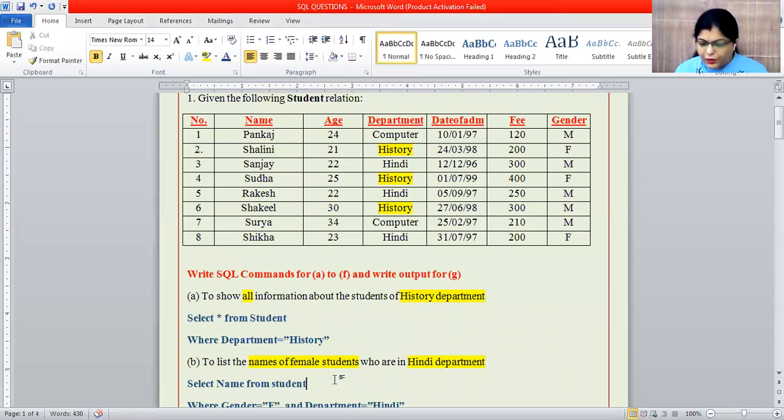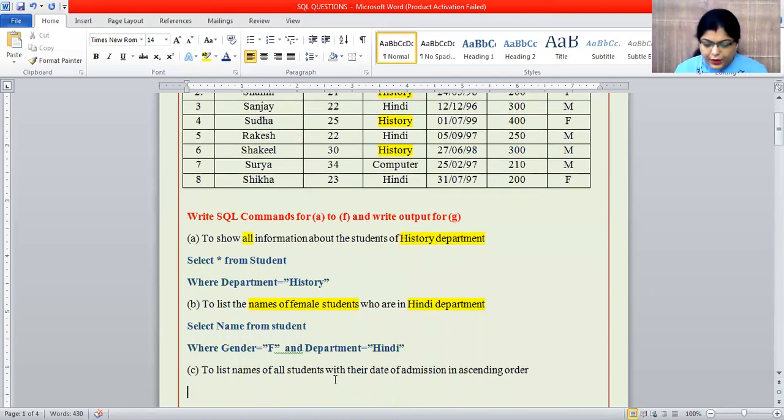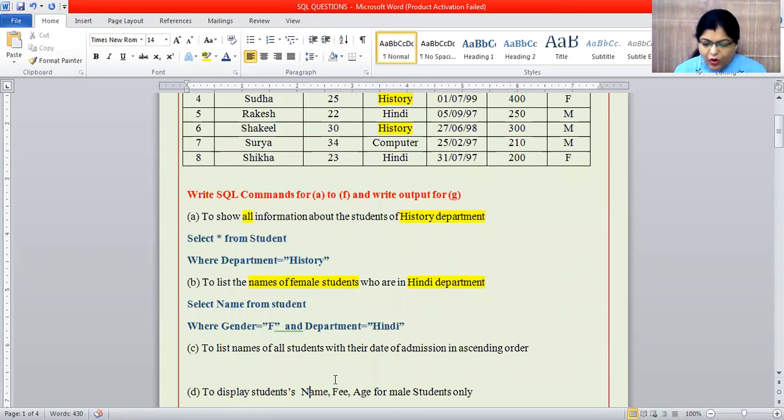Now come to the third command, to list the name of all the students with their date of admission.